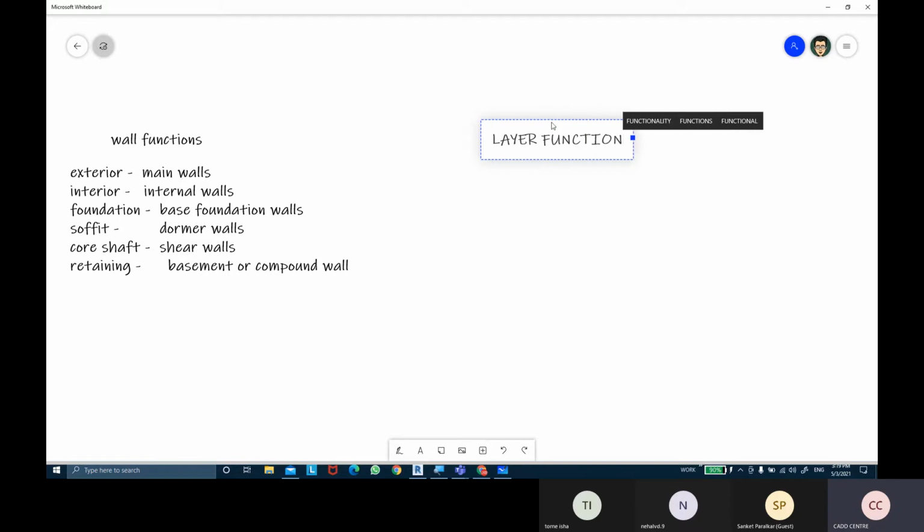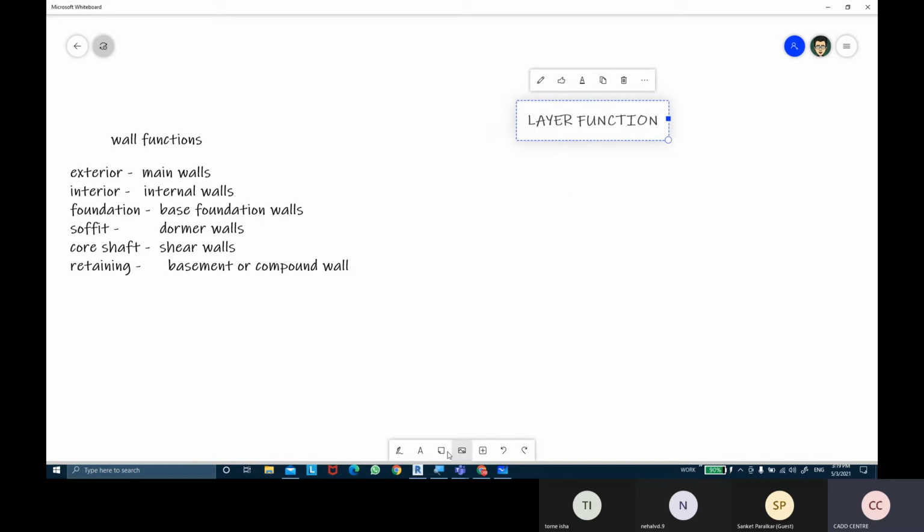These are called layer functions. There are actually 6 layer functions. One is structure, that bracket is one.